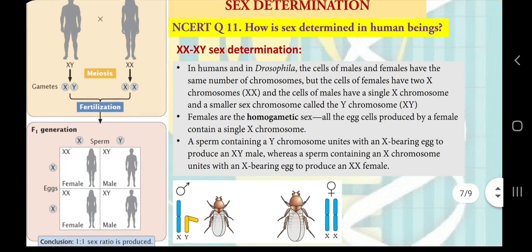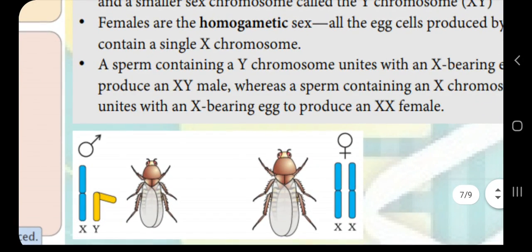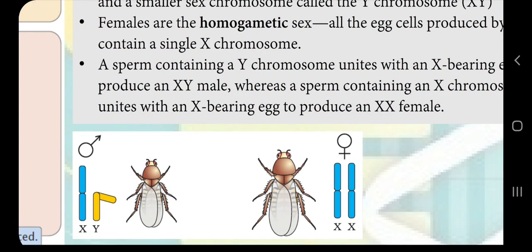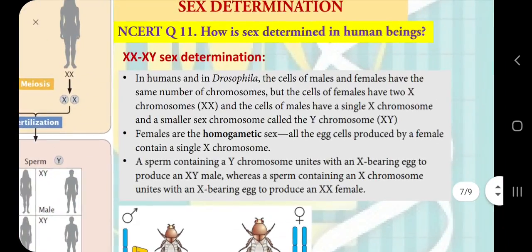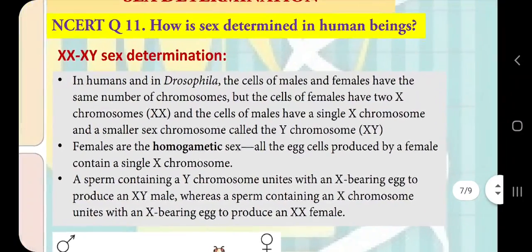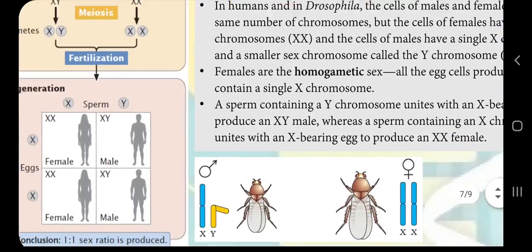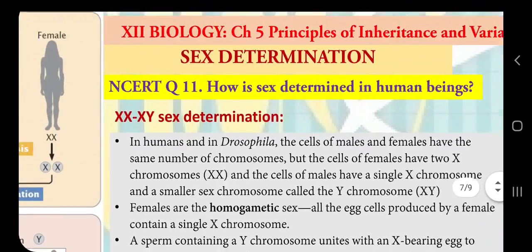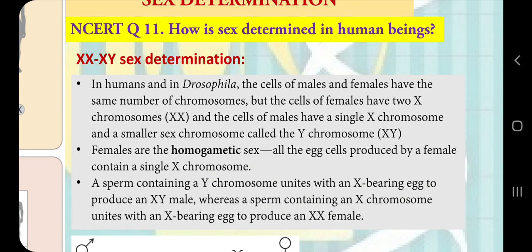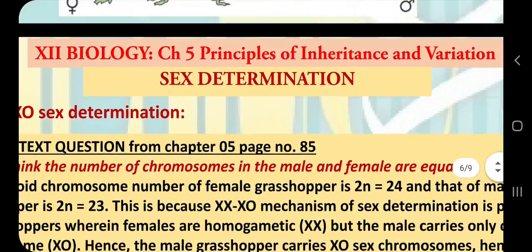So here is another example which we have not learnt in our previous classes, that is this fruit fly. This is a diagram of the fruit fly, Drosophila melanogaster, which we have studied in the topic of linkage and recombination. Thomas Morgan studied this fly for several genetic experiments. This XX and XY sex determination mechanism, which is very simple, is also applicable to this fruit fly. So in Drosophila and in humans, the cells of males and females have the same number of chromosomes,